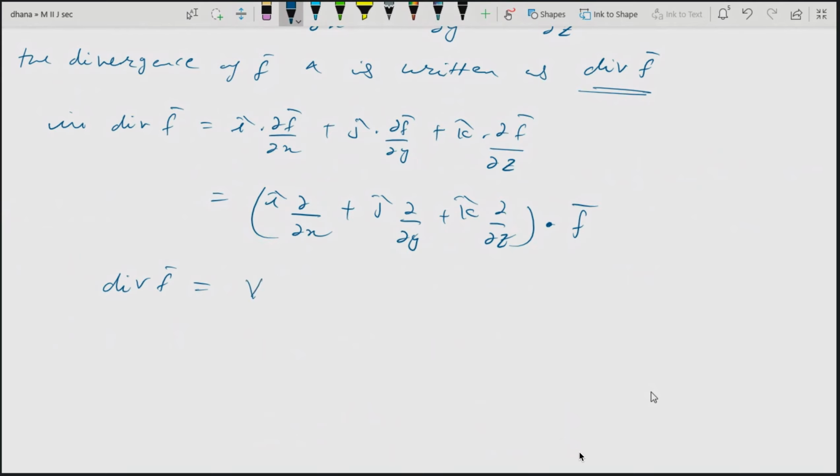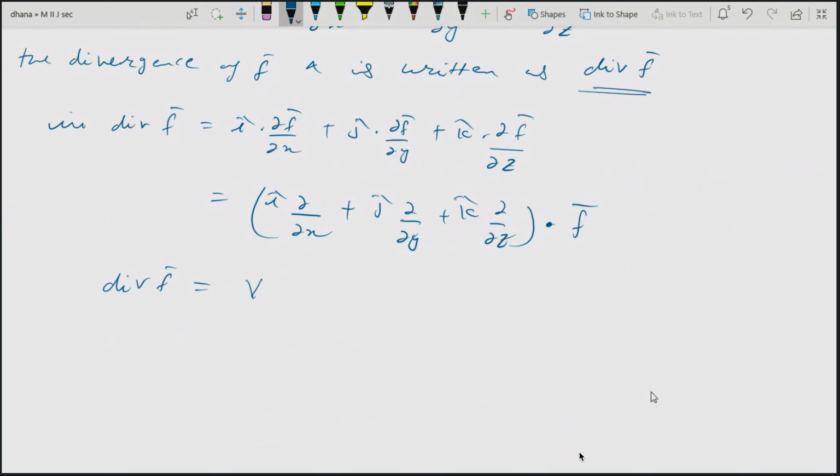And this result is a vector function only, no? g you will differentiate with respect to x, you have i, g with respect to y, you have j, and with respect to z, you have k cap, in all this addition. So overall this result del g, what kind of result will you get? You will get a vector function, because in this result you have i, j, k cap. Is it or not?